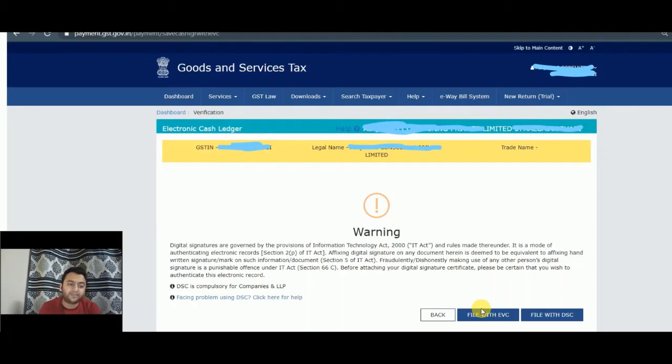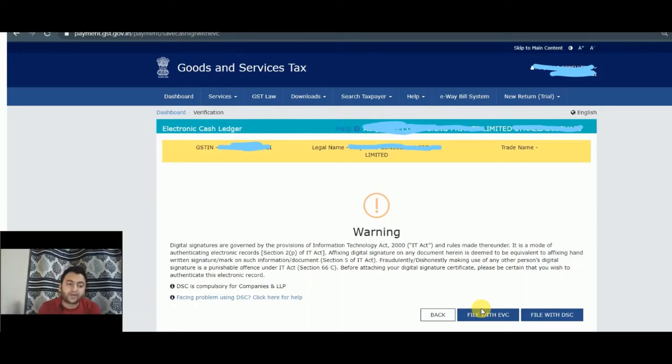Because it is a practical scenario that a lot of people have forgotten their digital signature in their office, or that digital signature is lying with their consultant's office. So due to this limitation, they are not able to file their forms or returns of any manner on the GST website, including LUT or this PMT09 or GSTR 3B.